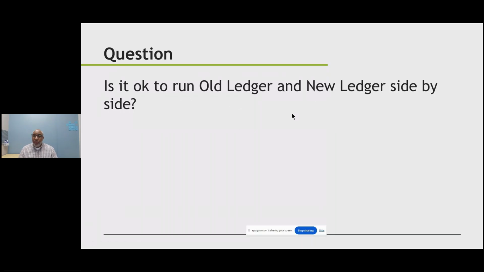Is it okay to run Old Ledger and New Ledger side by side? Absolutely. One of the reasons why we decided to go with this approach, of course, there was comparing of the balances and everything, but also when it comes to finances, you can't necessarily shut down one thing before you go to the new thing. So you'll be able to use New Ledger and Old Ledger simultaneously, and a lot of people already are. There's field testers who did that and customers who've migrated since our August 22nd release. And they have the option to just run it